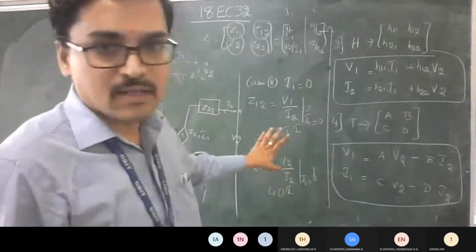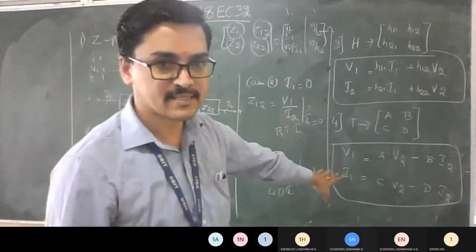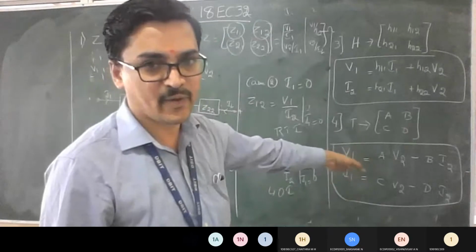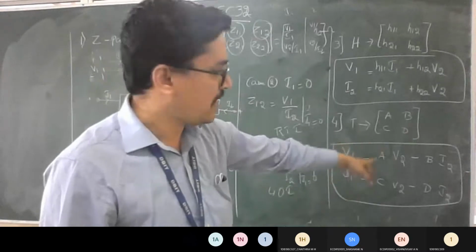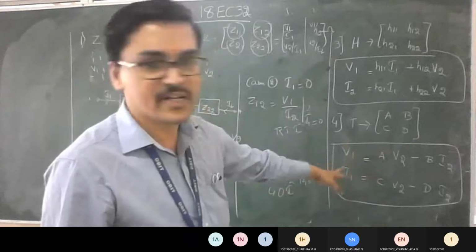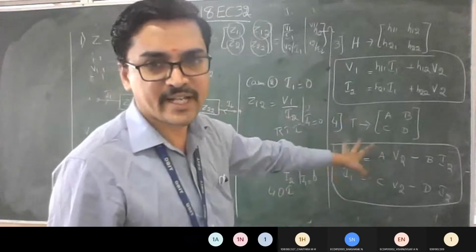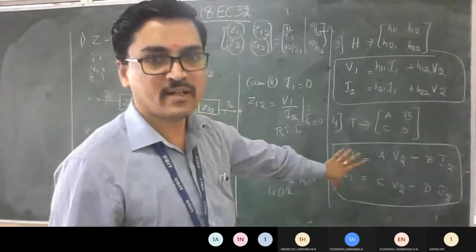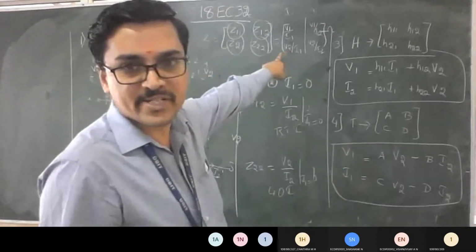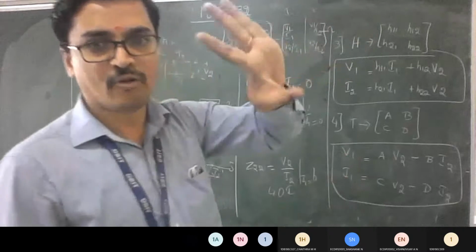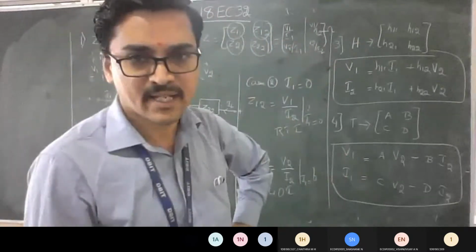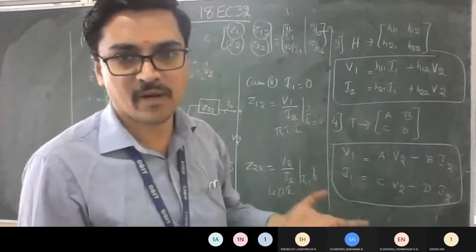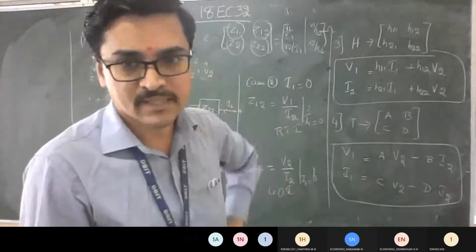Okay? So the last parameter, this is again the same case. Case 1, I2 is equal to 0. You may get negative answers because the B and C coefficients are negative. Case 2, V2 is equal to 0. And don't write any equivalent circuit. You can't write it also. That's enough. So if you write only the parameters or the coefficient equations, that completes the 4 derivations of the 4 parameters. See, you have finished 8 marks of this topic. The problems will give you 10 more marks. Is it fine till here?